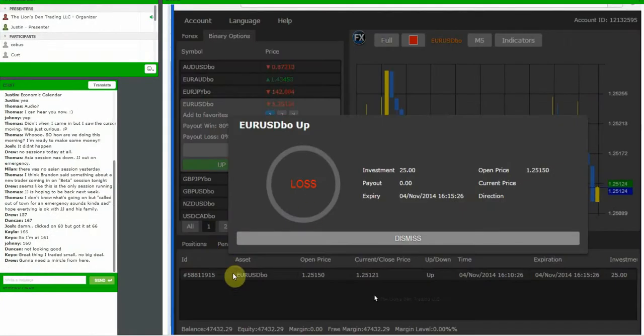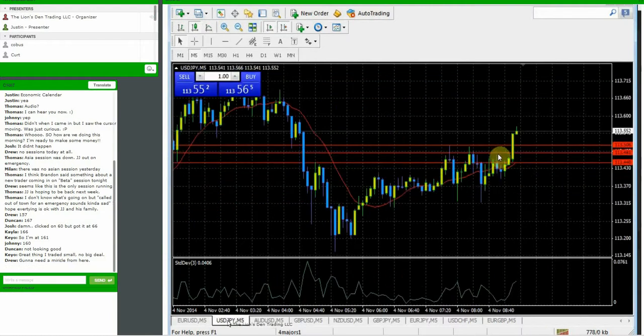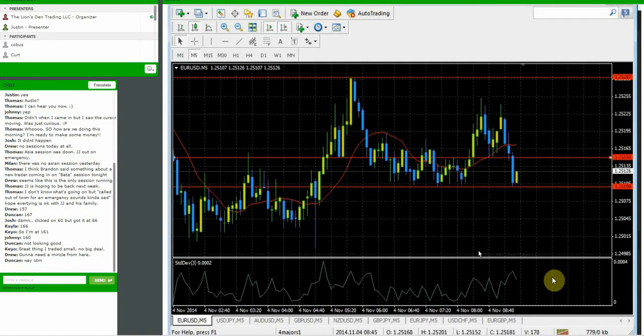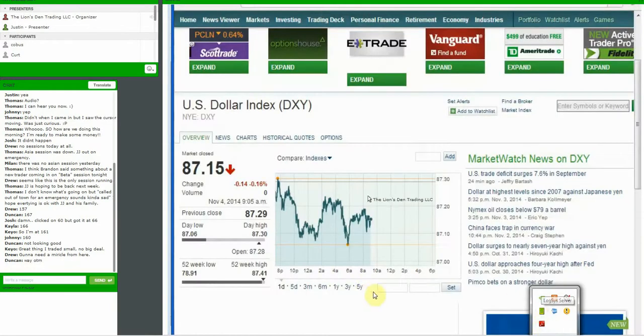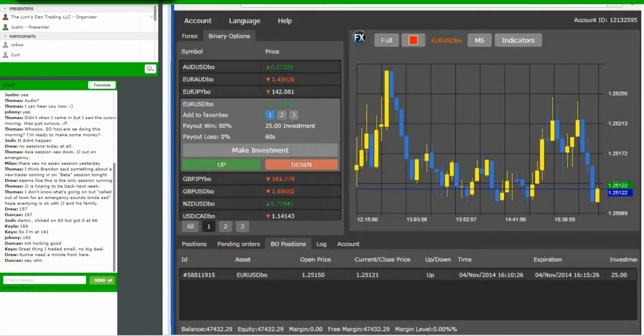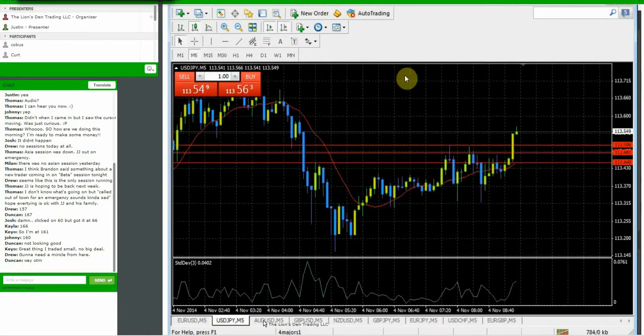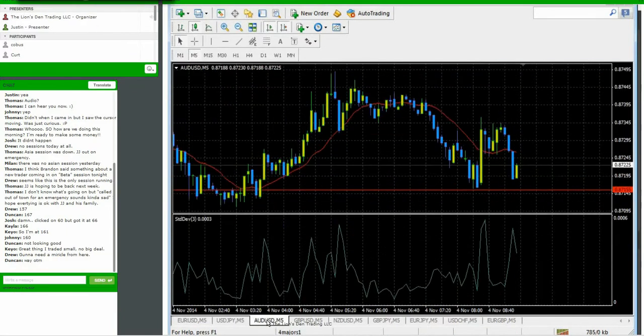Alright, so that trade was a loss. Okay, we got bamboozled there. Jeez, we really called a breakout. See, this dollar index was right down here. Got an uptick. Apparently we could not send the euro through its range. There it is right there. Now look at this. Trying to use this as a level of support, and it just broke right through it. Alright, I'm going to go ahead and pause it, and I'll be back on the next call.